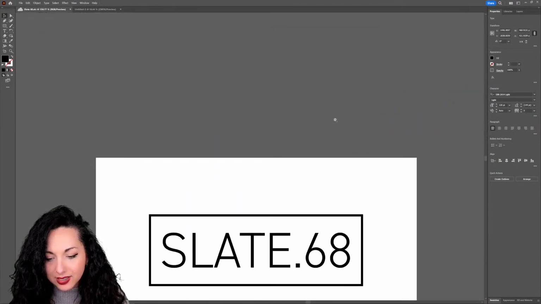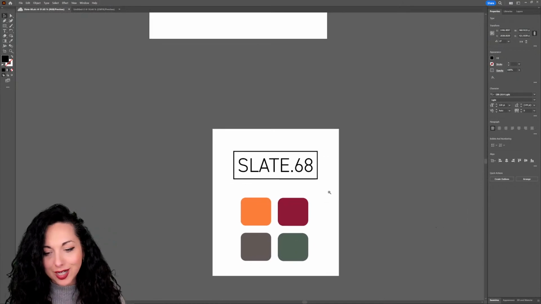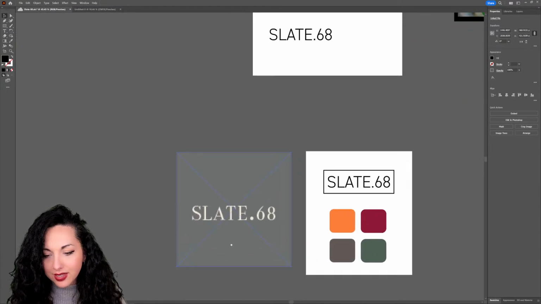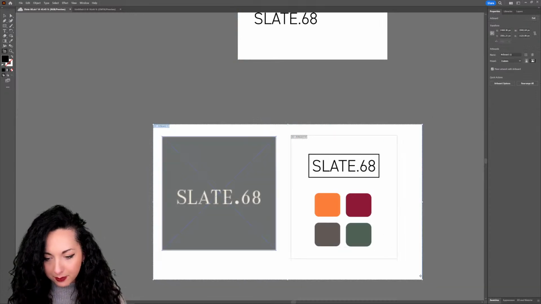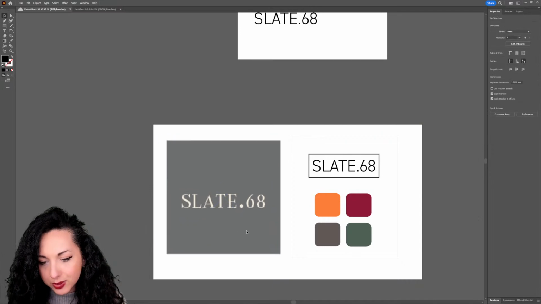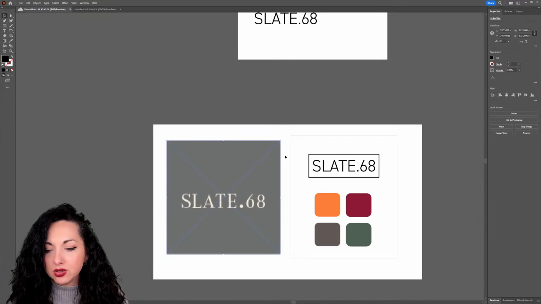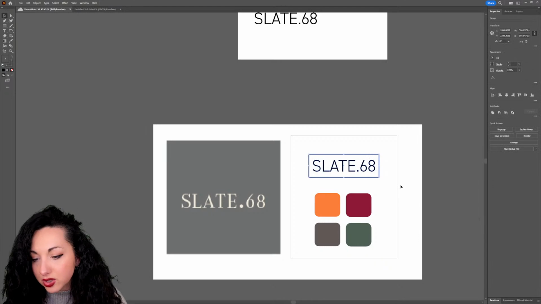And you can see here is my thought process that is behind the birth or rebirth or refresh of the brand Slate 68. So I'm going to bring here the before and after. I'm just gonna make these into a bigger board so you can have a look. So we moved from a more classical brand, which totally nailed it in terms of the industry, and we elevated into something that is a little bit more modern, at the same time nice and settled, and representing one of the basic shapes, which is just a simple rectangle,